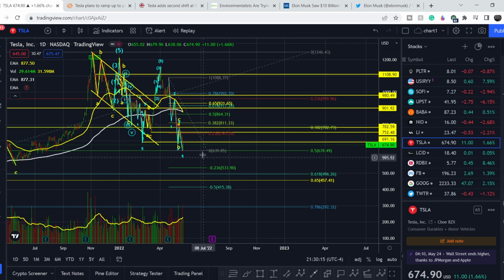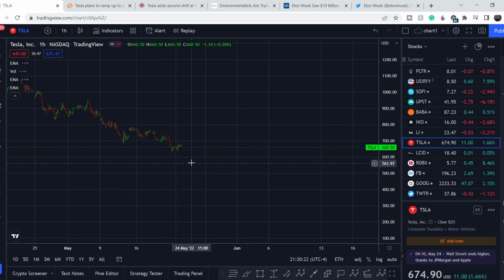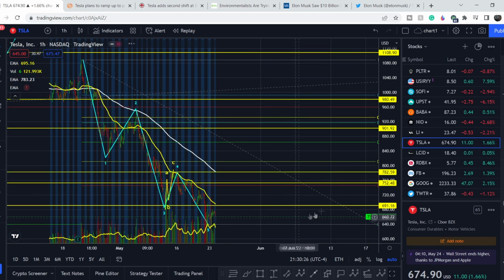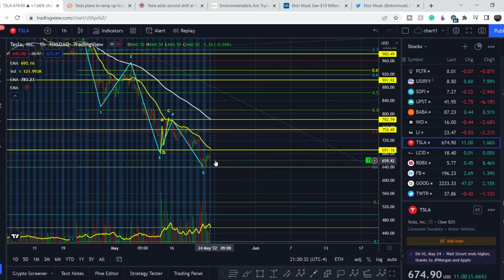So what should you do if you want to catch this trade? Let me zoom in a little bit to hourly time frame. If you want to invest in this asset, you can accumulate on these levels, and definitely the ranges of about $660 is very attractive average price. But if you want to catch the swing trade, you can accumulate your position right here at the current price,